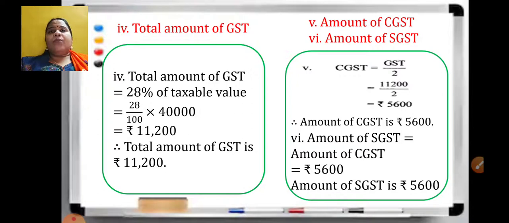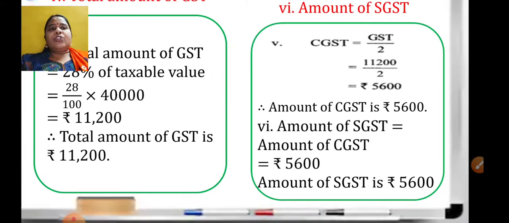The third part was a little difficult to understand, where the taxable amount was asked. For that also I told you, take the reference as 100. Assume the taxable amount as 100. GST you need to calculate and compare the ratio. The next was to calculate the amount of GST, that can be done, and CGST and SGST is nothing but half of this amount. I hope all the 6 parts are understood to you.